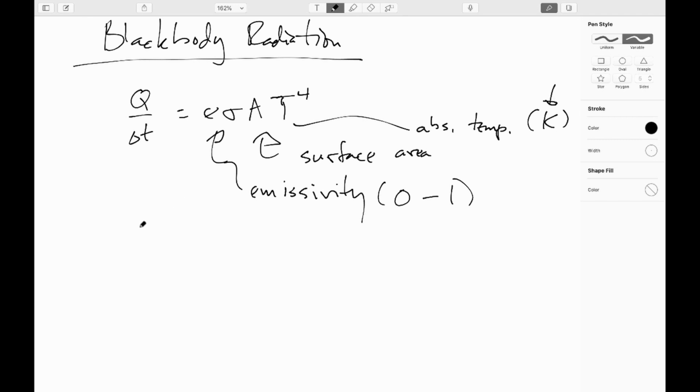Sigma is the Stefan-Boltzmann constant, 5.67 times 10 to the negative 8 watts per square meter Kelvin to the 4. And the way I remember this is to think about a dancer in a musical when they're practicing and you hear the coach start going, okay, from the top, 5, 6, 7, 8. That's how I remember that